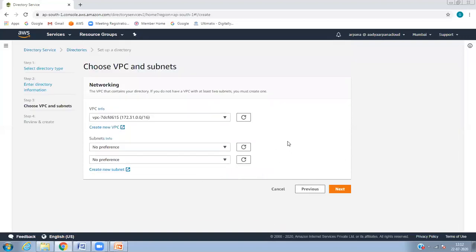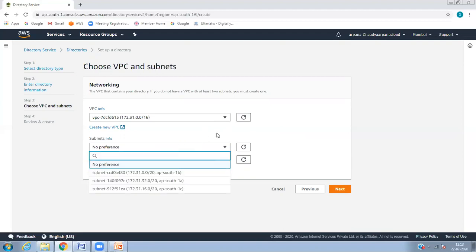Okay, since I'm not using any VPC or any subnet, we have not created any on premises, or you don't have any VPC as of now. So I'm using the default VPC which is already there. Okay, and subnet, for example, see